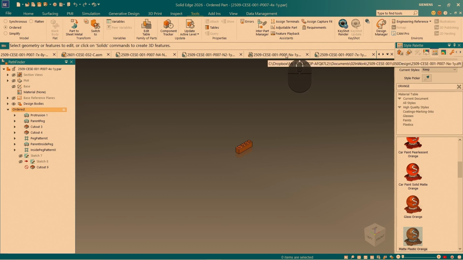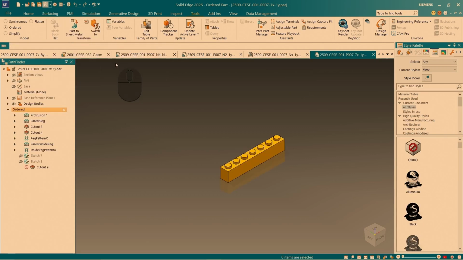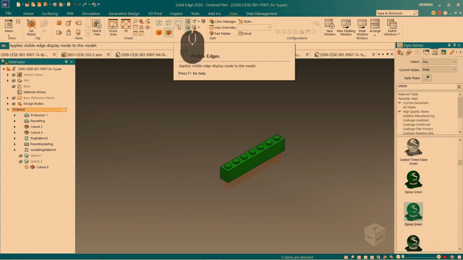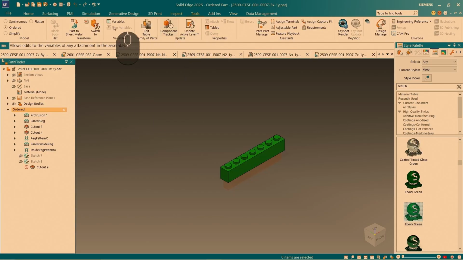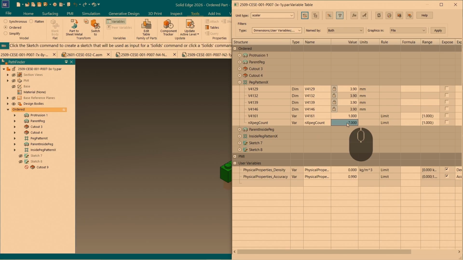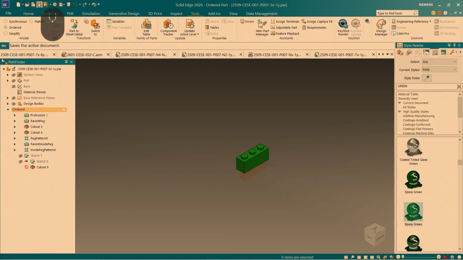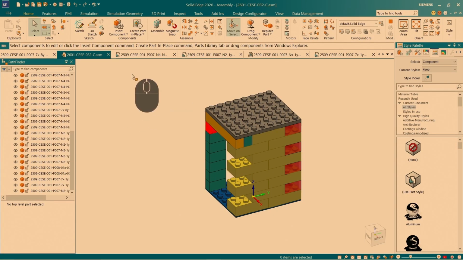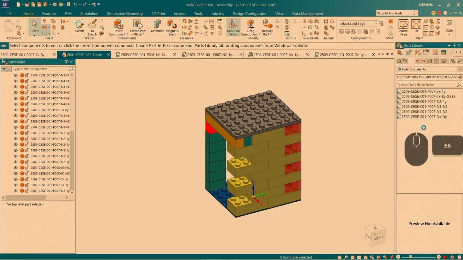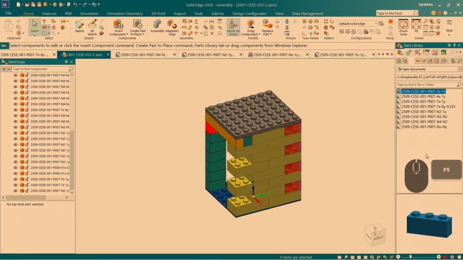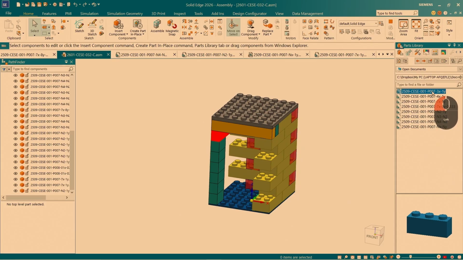Before we go back to our assembly, let's actually make a 3x1 block too. So again, we're using part number 7. So we go save copy as, and we want to open it. Okay, and we can go to tools, variables, change NX peg count to 3, and hit save. Alright, so now we'll go back to our parts library. I'm going to hit F5 to refresh our list here,